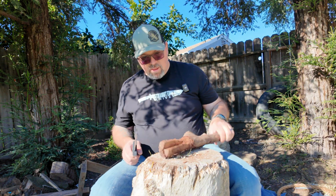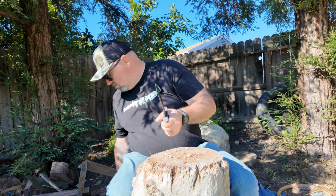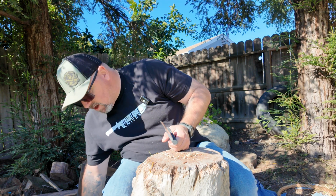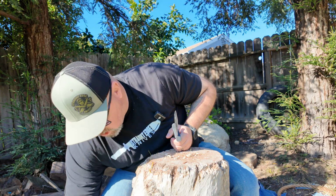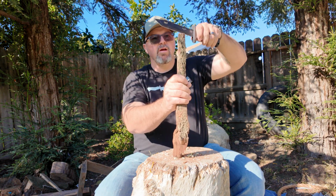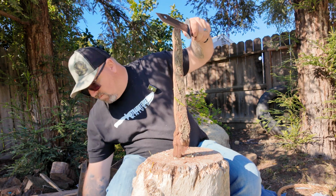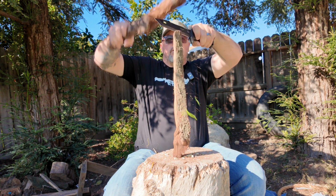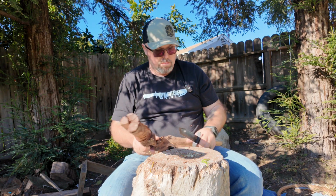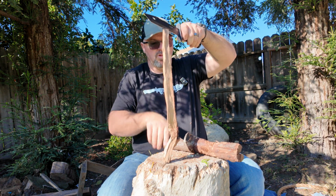But you know, the saw blade works. Is this blade going to hold up to some batoning? We're going to find out right now. So let me get this piece of seasoned almond wood right here. I'm going to put this bad boy up here. Buddy Lebo said, beat on it, man. I said, all right. So, all right, split that pretty easy. That was nice. This isn't a super thick piece of wood either, but I mean,